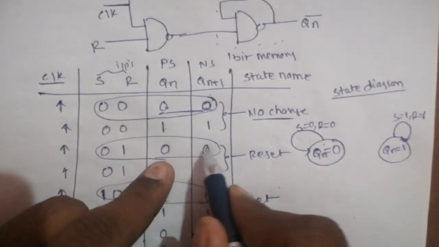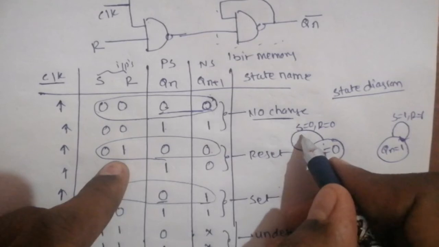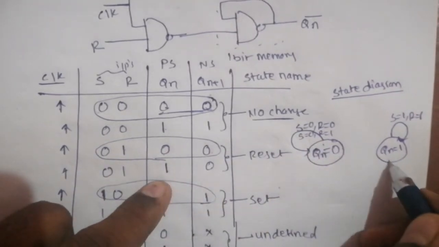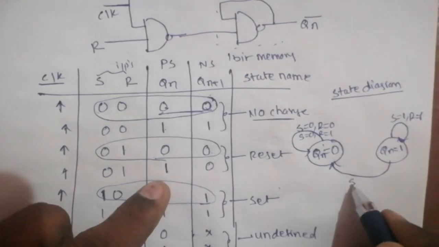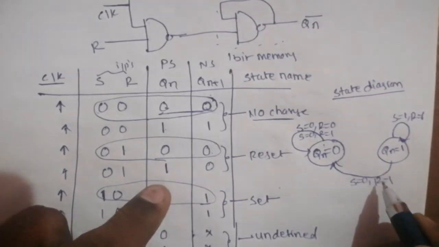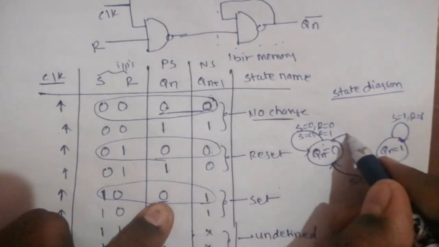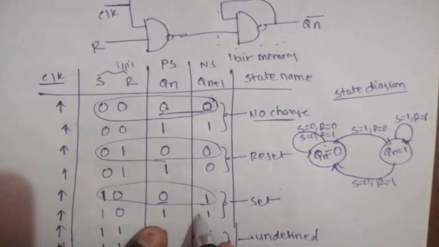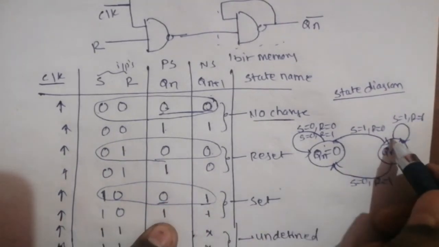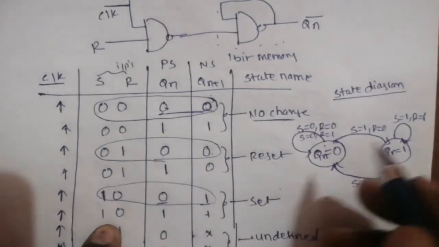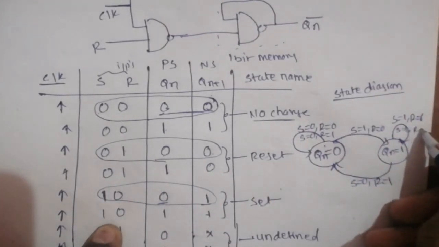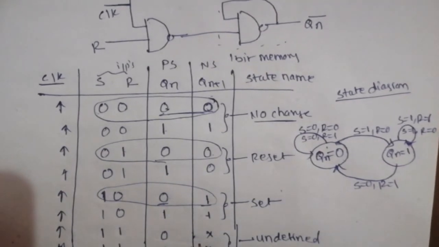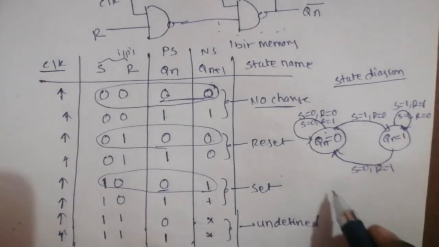Here again 0 to 0 movement, 0, 1; here also you can write S is 0, R is 1. 1 to 0 movement when S is 0, R is 1. Similarly, 0 to 1 movement when S is 1, R is 0. Here 1 to 1 movement, already done that path; the inputs are S is equal 1, R is equal 0. You have to write that. Here 0 to don't care we don't know, that's why we can leave it. This is called the state diagram.